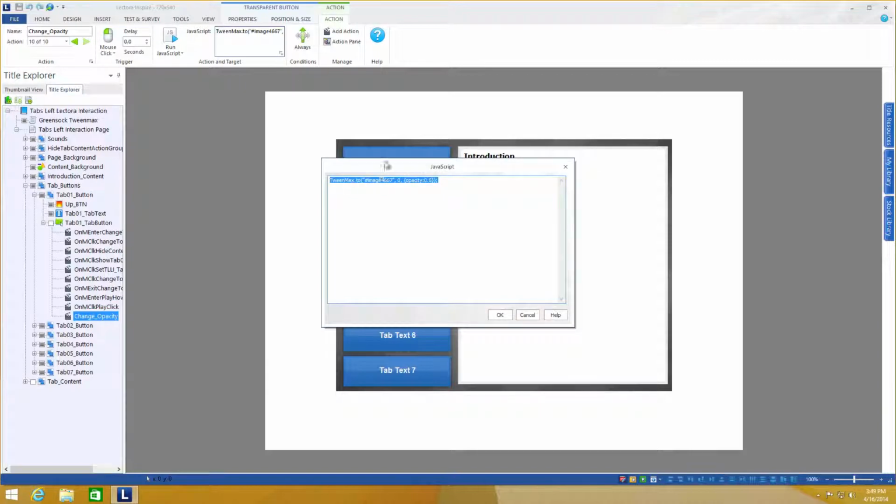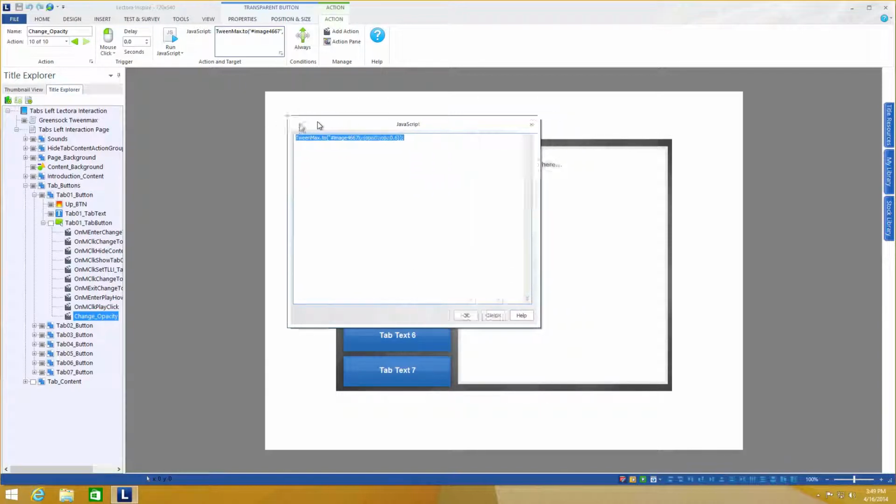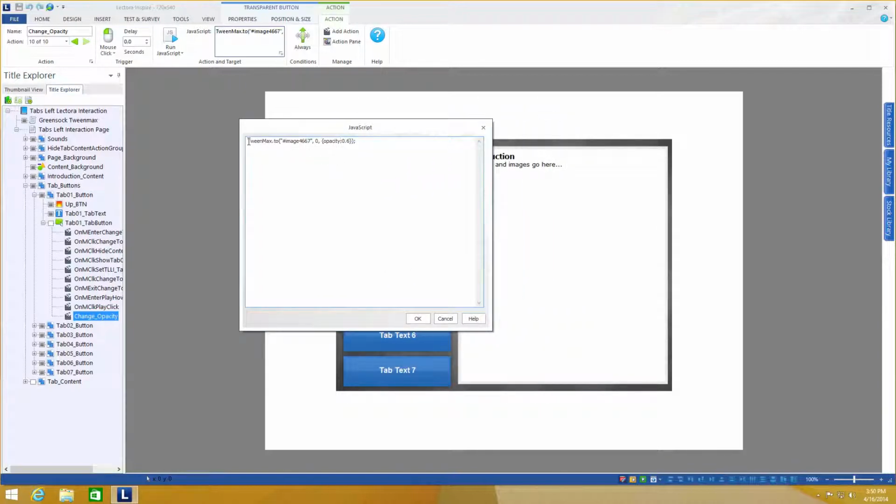out this JavaScript code. It's very simple, one line of code, and you'll notice basically it's saying TweenMax. We're going to change it to, and then this is the object we're referencing, which is the tab 1 button, and we're doing it in the number of seconds of 0, so it happens automatically. If I change that to 1, this would actually fade out. In this case we're just jumping it right to 0.6,